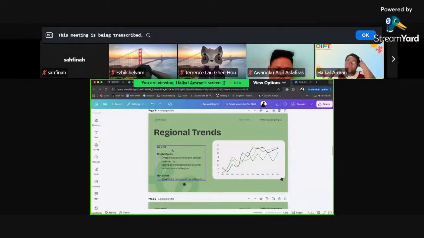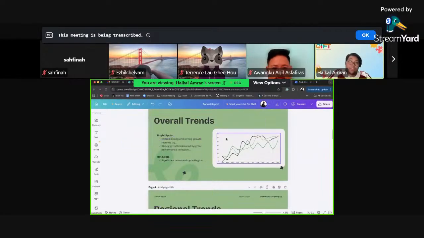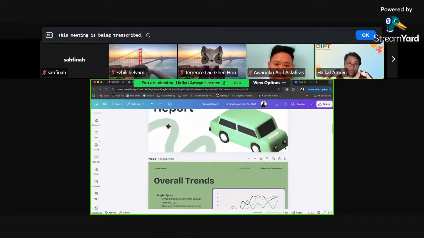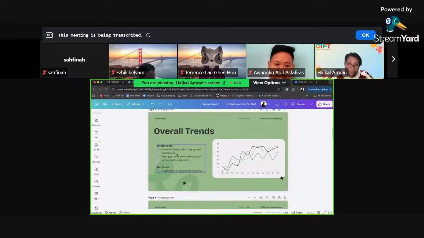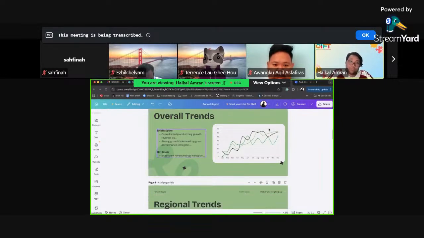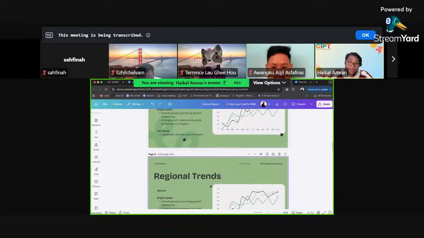And then for each slide, no matter how you do it, I want to see as well the charts as proof for your claim. For whatever statement you are highlighting, provide the relevant chart. So, for example, if you are talking about the overall growth, show the data and show the chart of overall growth. Do not show only the central part, because I will also check. So for example, here is central, so then the chart here should only show the central growth. And so on and so forth.